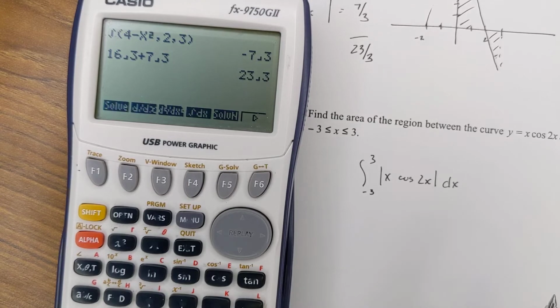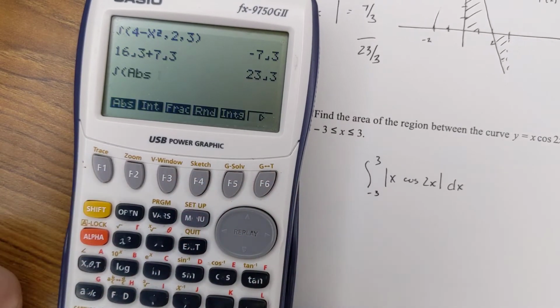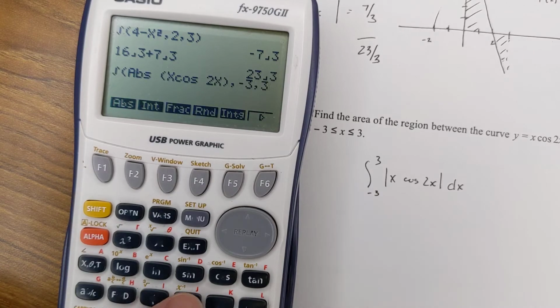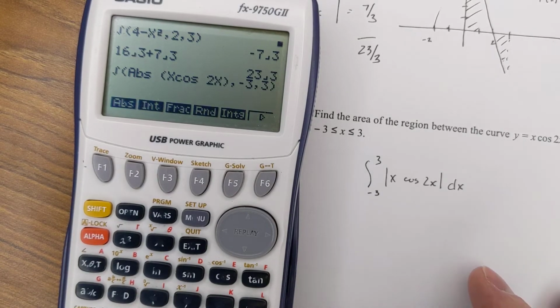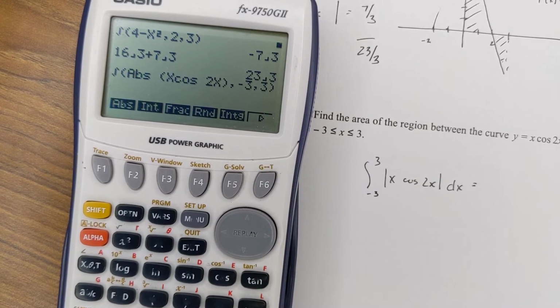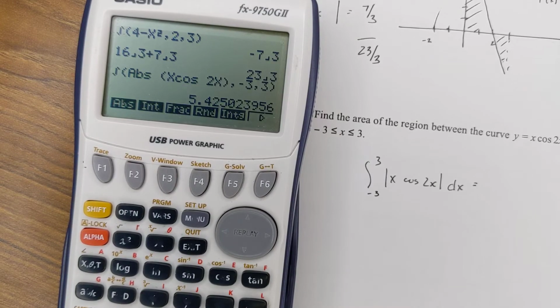So let's see here. So the integral of the absolute value of x cosine 2x from -3 to +3 is... I'm just going to think for a while. I just have to look the answer up. If it thinks about it for too long. There we go. So it comes out to be about